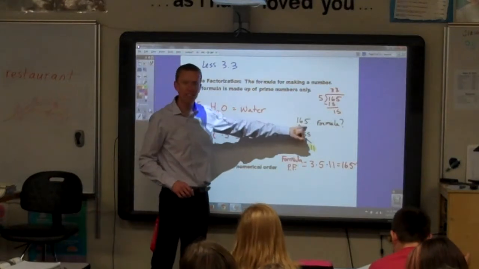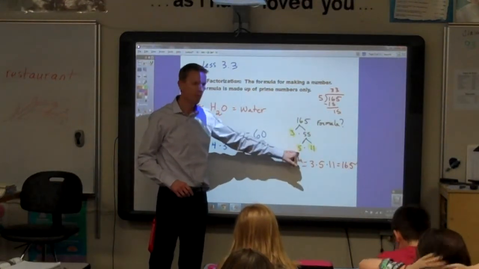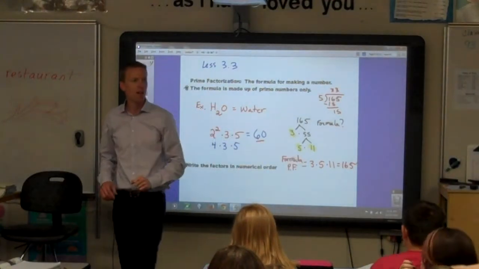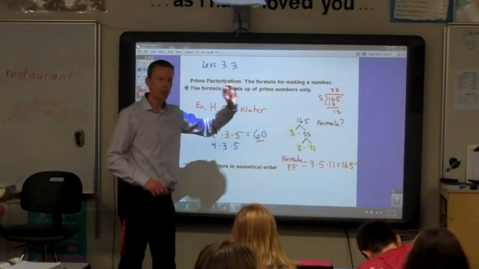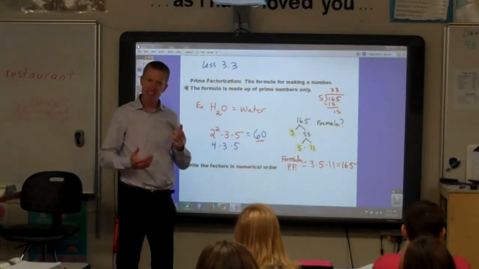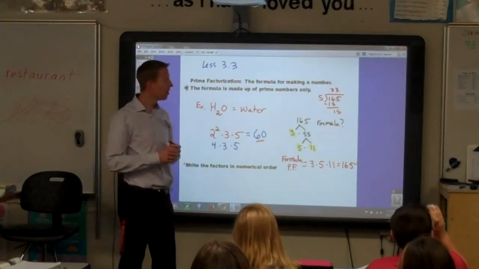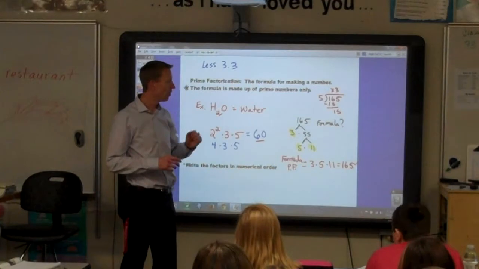This is a composite number. Composite numbers are made from what? Prime numbers. Prime numbers are the elements that go into a composite number. Does that make sense? So what we're going to do is we're going to find those prime numbers by doing